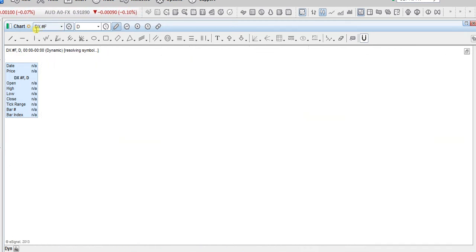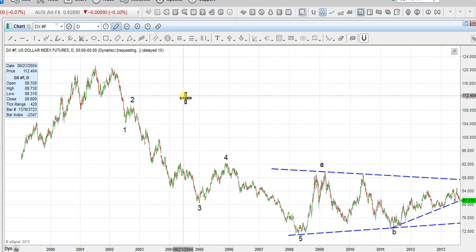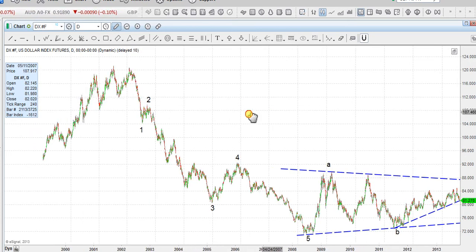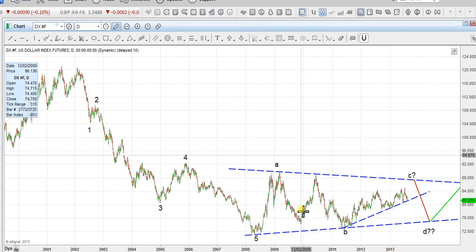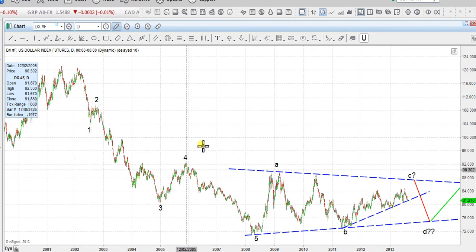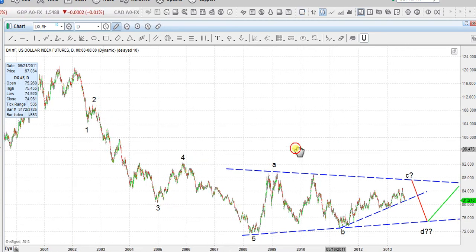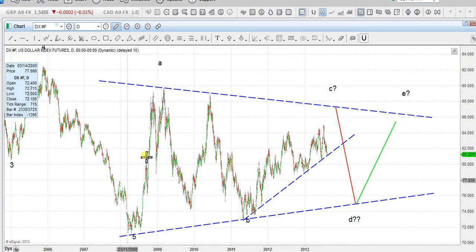So switching gears over to the dollar index, the dollar index is not as clear as gold futures is. So we see we had waves 1 through 5 completed, and then now we're working on that corrective phase, which is a triangle formation at this time. So prices have been trading sideways for a little over 5 years now. So that wave 1, 2, 3, 4, 5. Then take a closer look. We just see it's just up, down within that triangle.